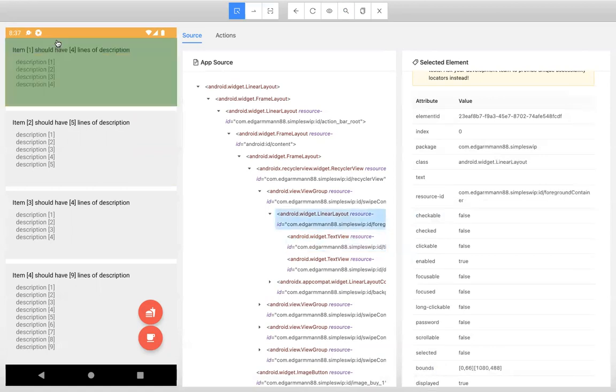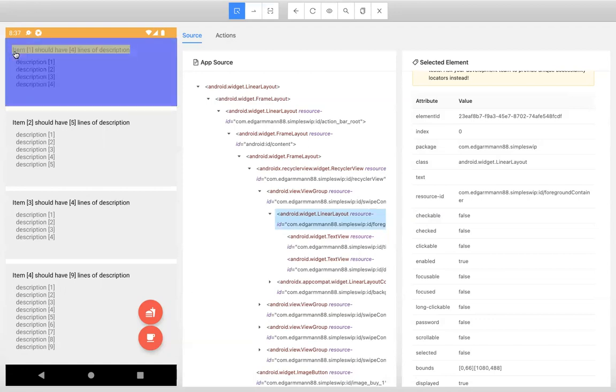Usually this is not the suggested approach, and we will not touch the boundaries at all. But if there are situations where these coordinates are not working, then you pick the boundaries of that object and define the swipe as per those boundaries.